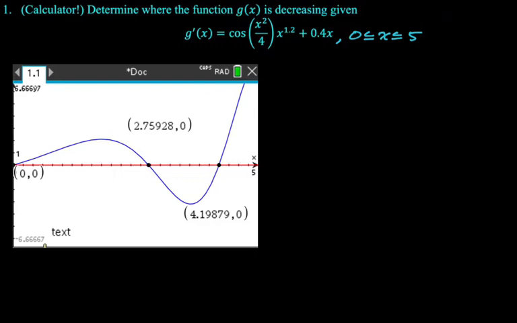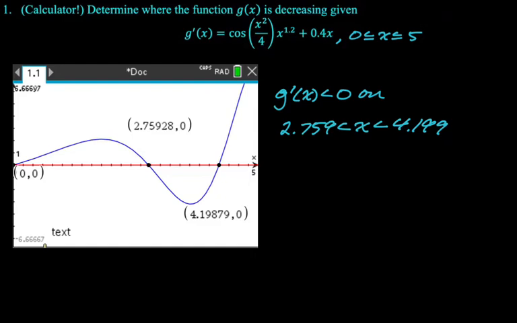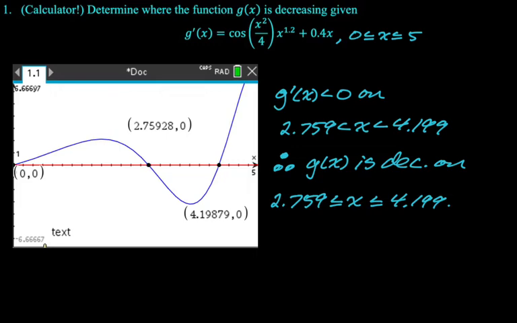That's menu 814 on the newer Inspires. I see that this thing is negative between 2.759 and 4.199. So that is going to be where the function is decreasing. So I'm going to say g prime is less than 0 from 2.759 to 4.199. And then, therefore, g of x is decreasing on